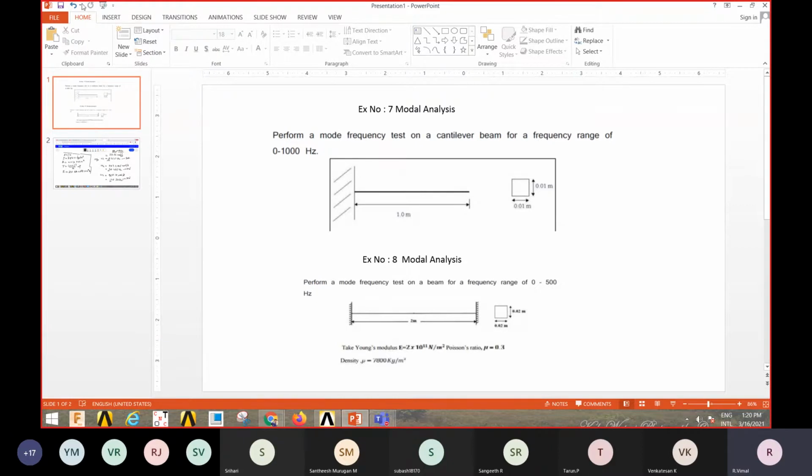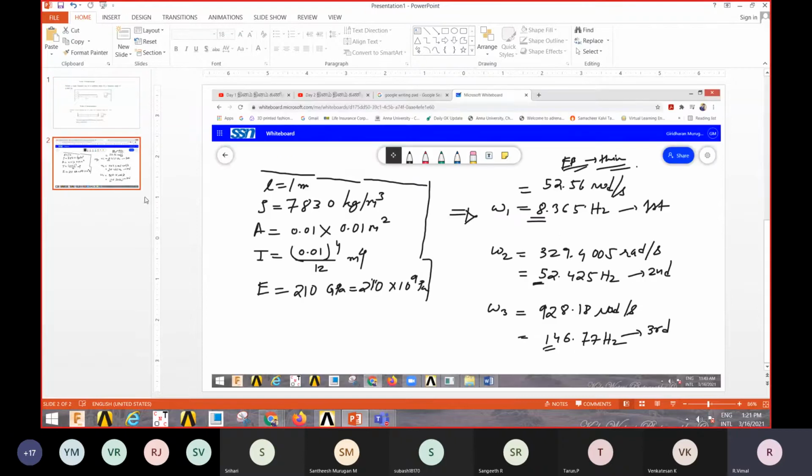Okay, so you can see that the dimensions are given in meters here. Okay, this is the cross section, and this is the length of the cantilever beam, and we also require other information. So if you look at slide number 2, you will get the information. This is the detailed problem.